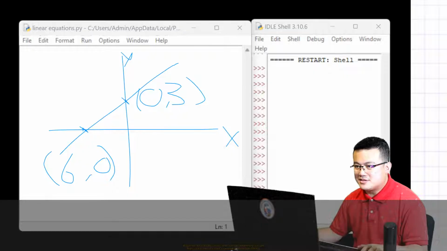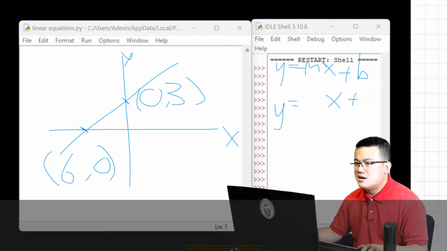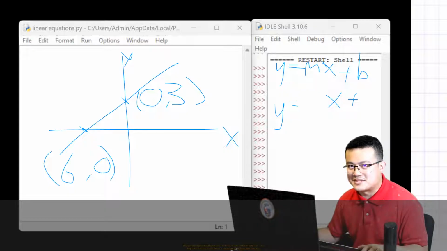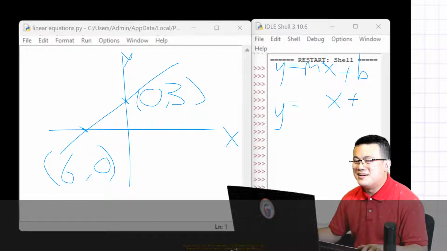So y equals mx plus b. So if I go over here, y equals mx plus b. Mx, this is an x. Then we can start substituting these numbers. Y equals, now m, we're going to come back to m, something times x plus the y-intercept, which is 3. Well, it can't be 0, right? We can't put the 0 there because all y-intercepts start with 0, right? So it's got to be the second number. Y equals mx plus b, which is 3.